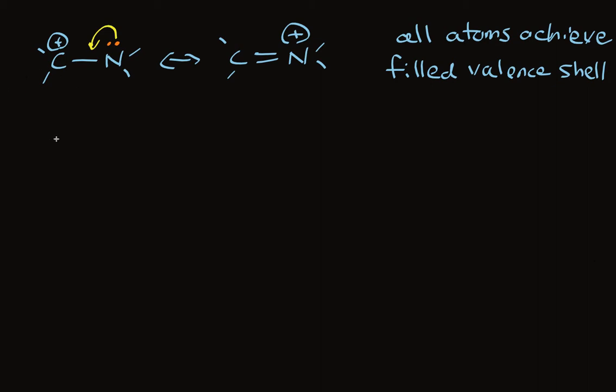Occasionally, it's helpful to use resonance to explain reactivity, even though the resonance structures themselves don't seem to make the most sense. And I'll show you an example that we'll pull out later because it's a very important aspect of the reactivity of this carbonyl group. Recall that the carbonyl double bond is polarized because oxygen is more electronegative than carbon. One way of showing that is simply to write the partial negative on oxygen and partial positive on carbon, but